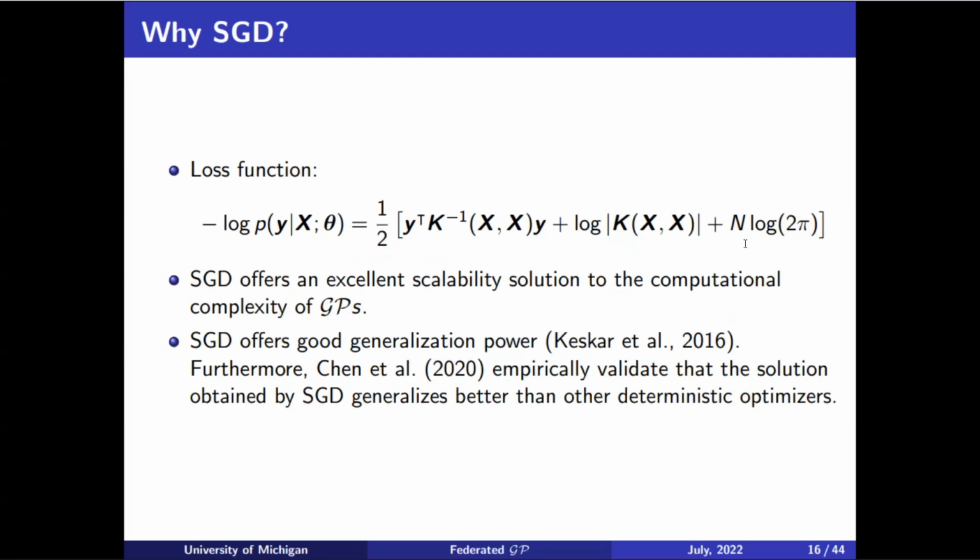From this loss function, as you can see, to optimize it, one needs to calculate the inverse of this coherence matrix, which is of n by n size, where n is the number of data points. As we have more and more data points, for example, millions of data points, inverting this matrix will cause a big O of n cubed complexity, which is very time consuming. SGD, on the other hand, takes a subset of the batch data, and it overcomes the computational issue of optimizing the Gaussian process.